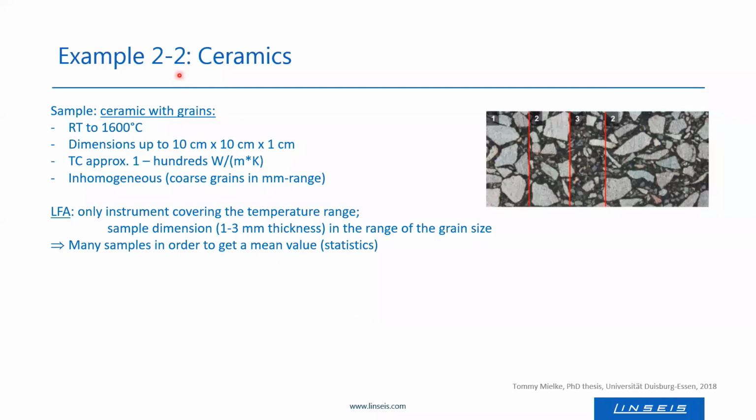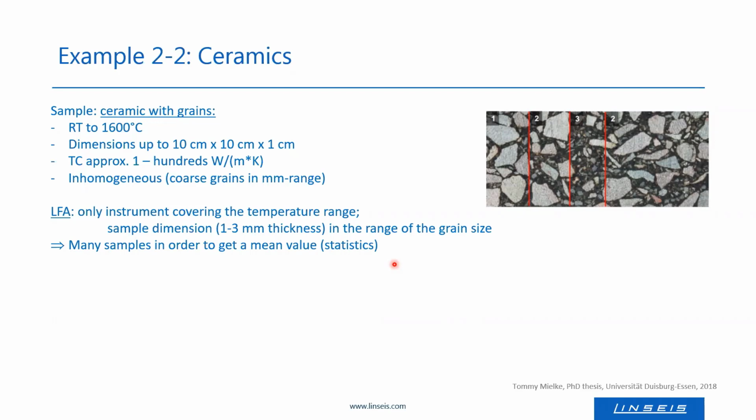A second example is a ceramic containing grains like shown in this example. All parameters may be the same as in the first example, but it's inhomogeneous and contains grains in the millimeter range. We saw in the previous example that the laser flash analyzer is the only instrument covering the temperature range, but the sample thickness usually used in laser flash analyzer is in the same range as the grain size of the grains in our ceramic. So you have to cut a lot of slices out of your sample and analyze all these slices containing big grains, many grains, smaller grains, or no grains at all, or very few grains. And then you have to calculate a mean value and do statistics,